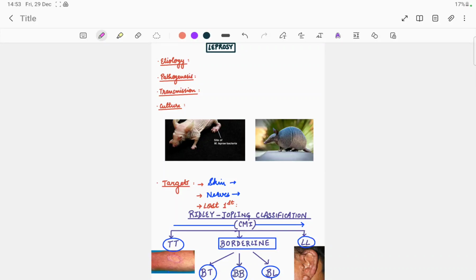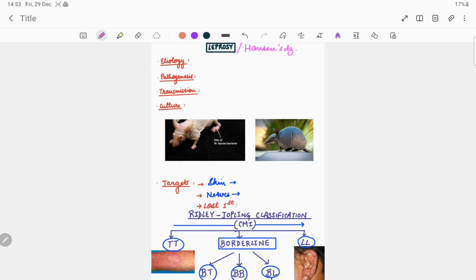Topic for today is leprosy. It's a very important topic for your upcoming PG entrance examinations, and all the important points which have been asked or have the potential to get asked are included in this PDF. So let's begin. Leprosy, also known as Hansen's disease,